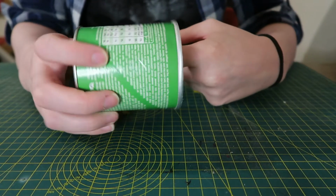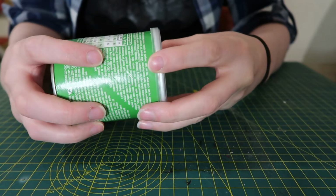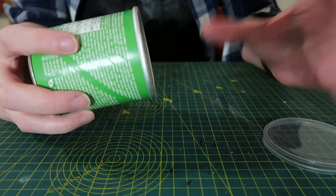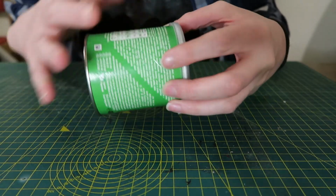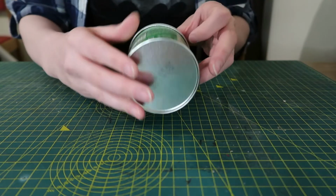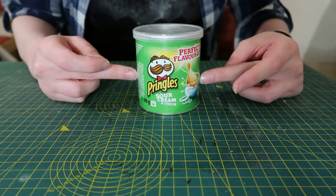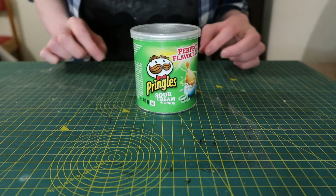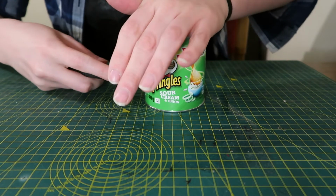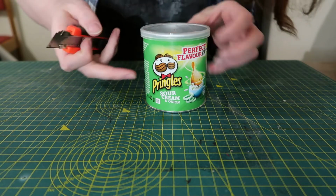And the reason we want the open bit at the back is that I can use this then to seal up the power cells, and whenever the batteries need changing, I can open up the back, get into the batteries, change them and seal it up without doing anything to the front where the design is actually going to sit, which means I'm also going to need 2 holes either side so that the power cables can run through. So let's do a couple of cuts. The wires are only small, so